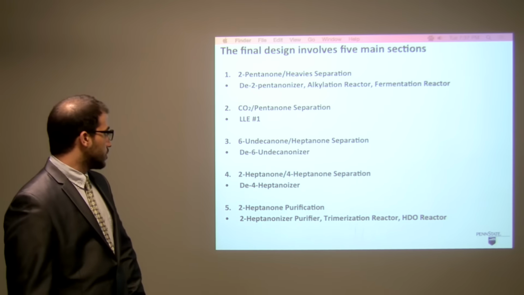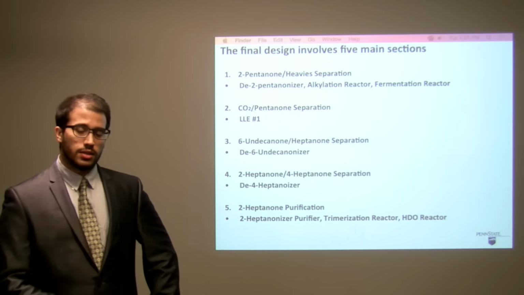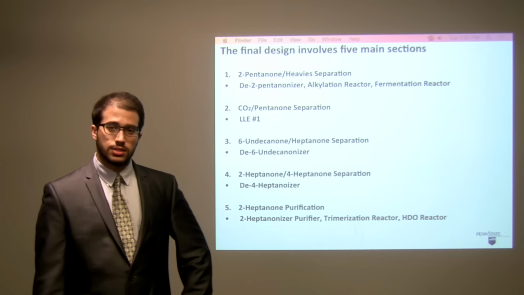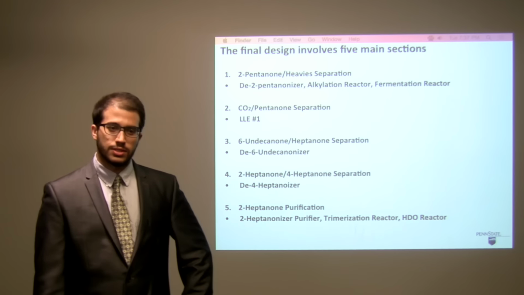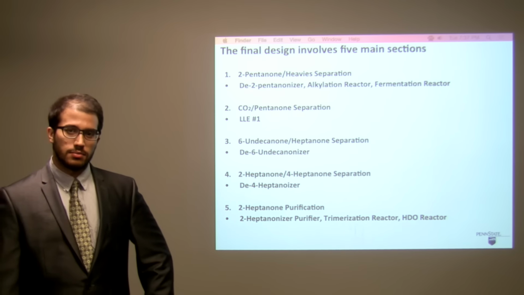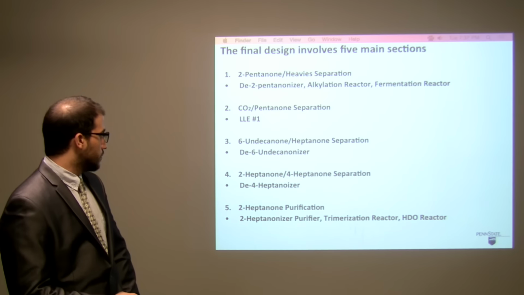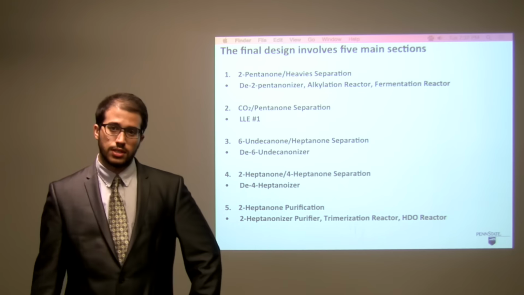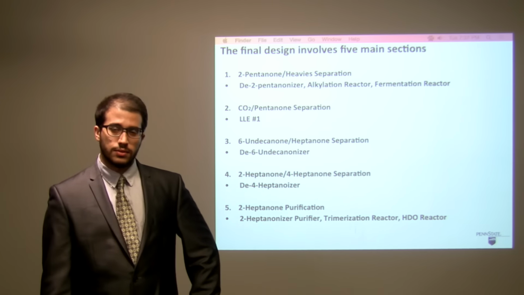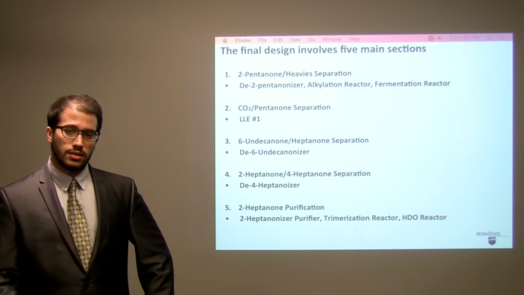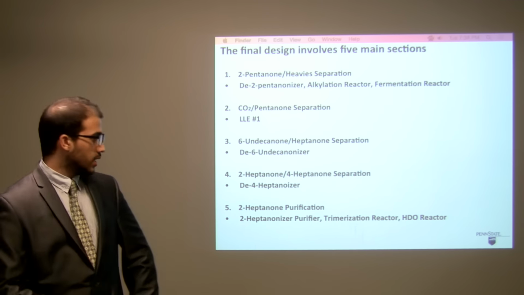Now the third part is a 6-decanone heptanone separation, where we take out 6-decanone and sell it with a purity of 99.5% by weight, and the overhead product will continue on into the 2-heptanone 4-heptanone separation section, where we separate the 4-heptanone using a D4 heptanonizer tower, and then the overhead product with mostly 2-pentanone would go to our last section